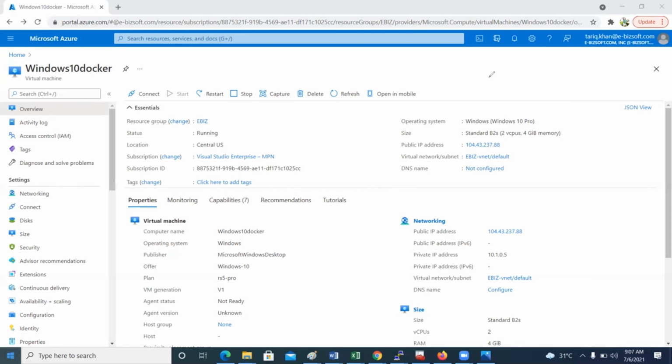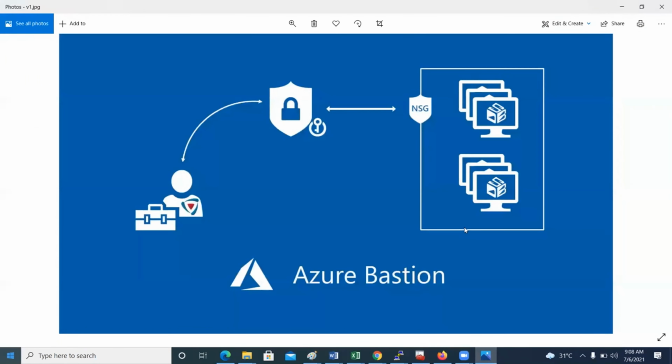So here you can see the process is very simple. Whenever we implement Azure Bastion, it will protect our virtual infrastructure during remote desktop connectivity, and this process is very simple when we talk about the security implementation.